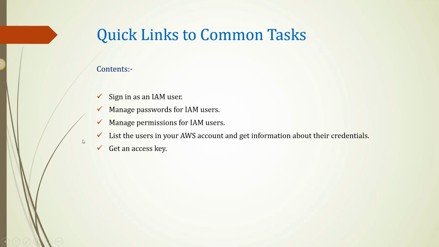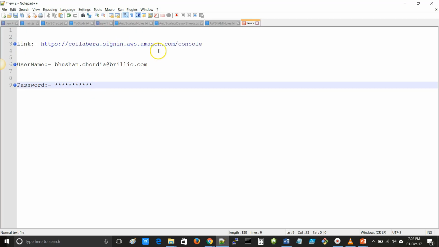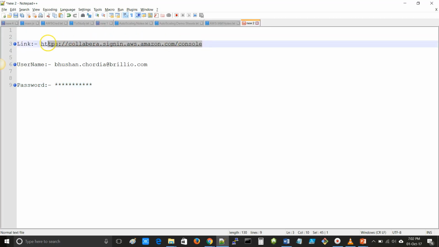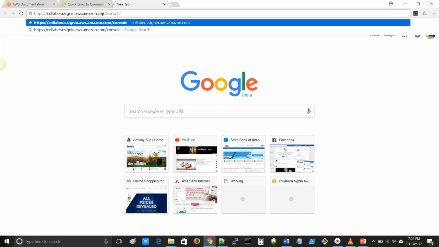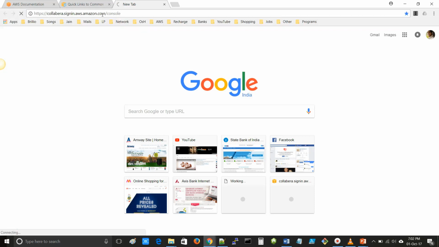In this topic we will see how to sign in using an IAM user. Let's go to the notepad and copy the link. This link will be used to open the management console. Paste the link in the browser and press enter.